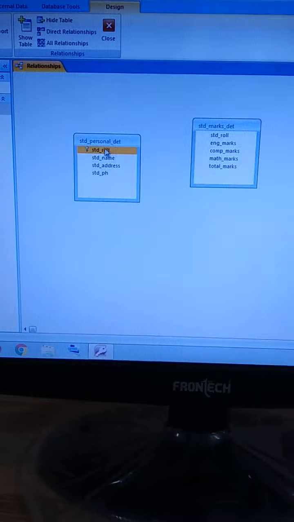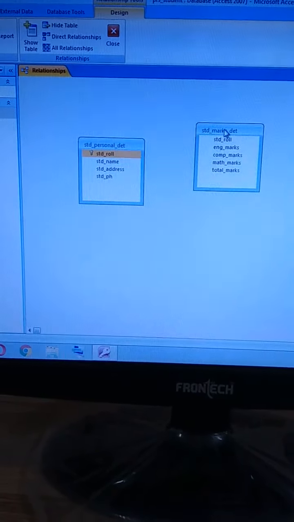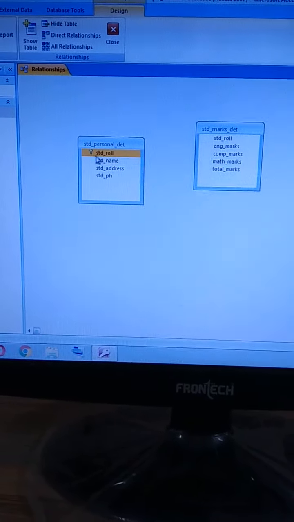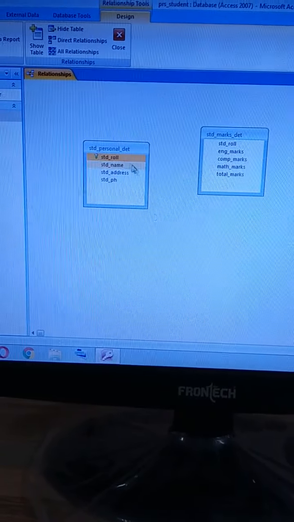Now this is our table 1, this is our table 2. In table 1, the student roll number is a primary key.